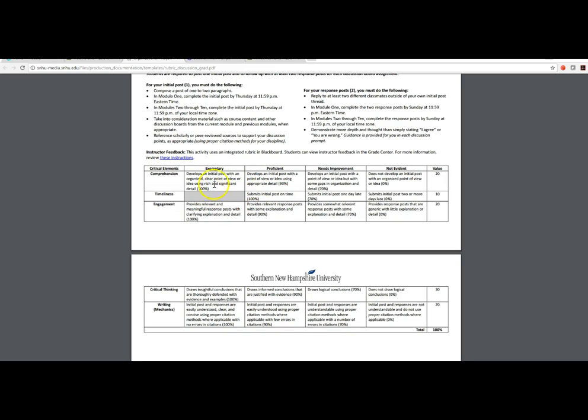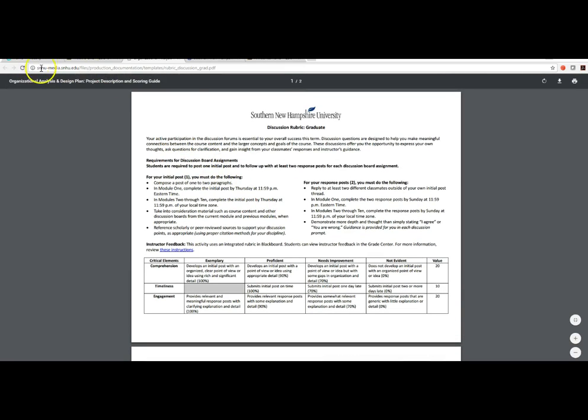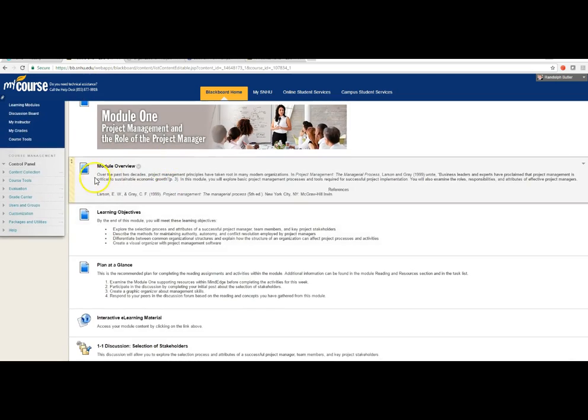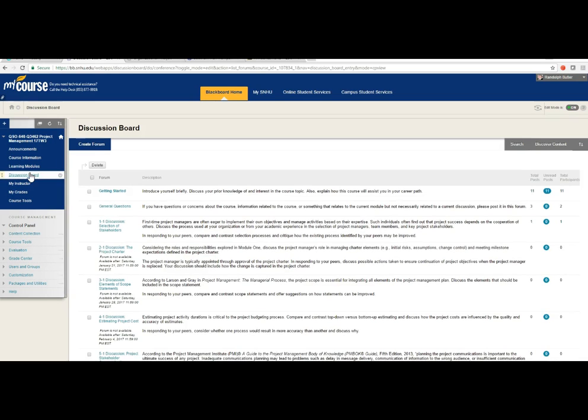One thing is that examples are always something that is asked for in developing the initial post. Also, with the engagement post, there is a separate question, and we'll get to that in a few minutes, for the engagement post that you need to respond to. So in that matter, let's go back here and look again at the discussion board and specifically talk about discussion 1.